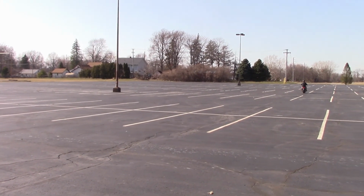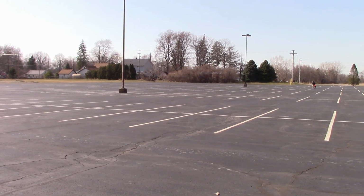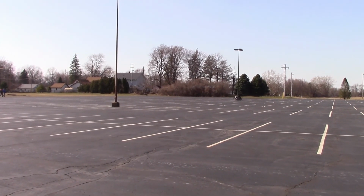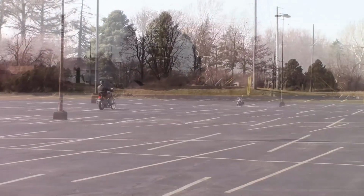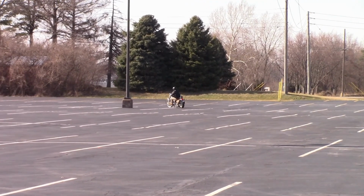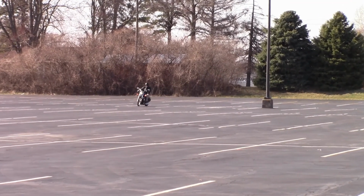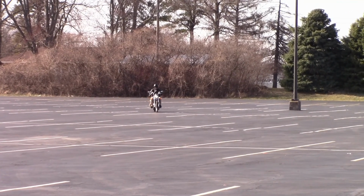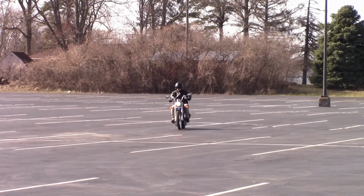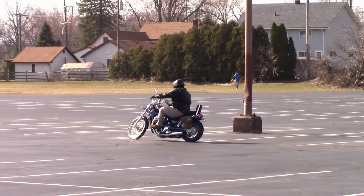He's starting to get a little bit more comfortable with the clutch and shifting and whatnot over just these last couple days. It's one of the things he feels he needs to work on, and one of the things that for a new rider can be somewhat intimidating is getting used to the weight of the bike